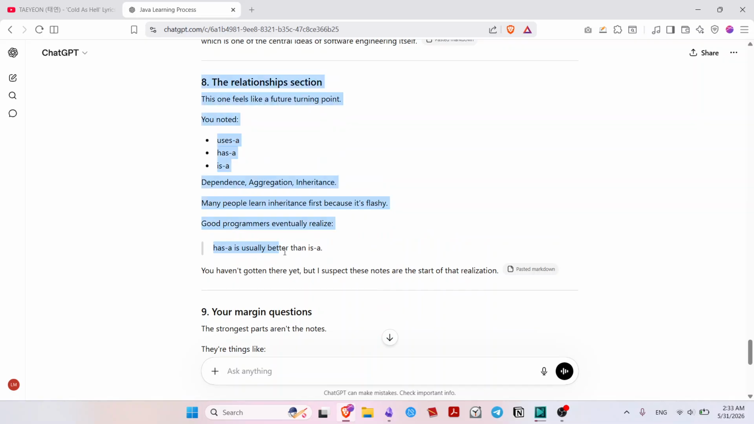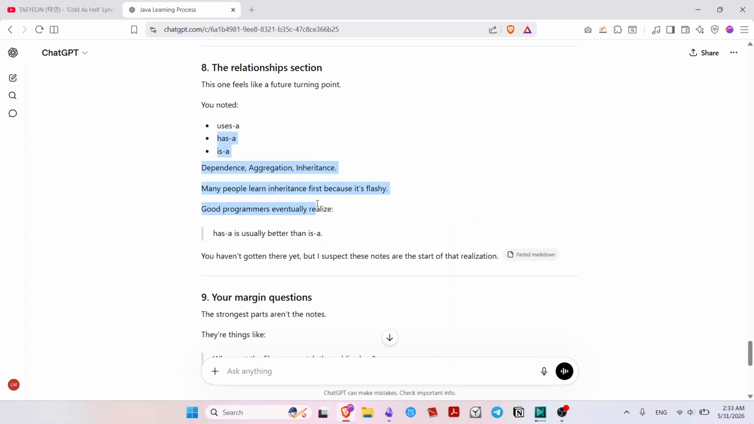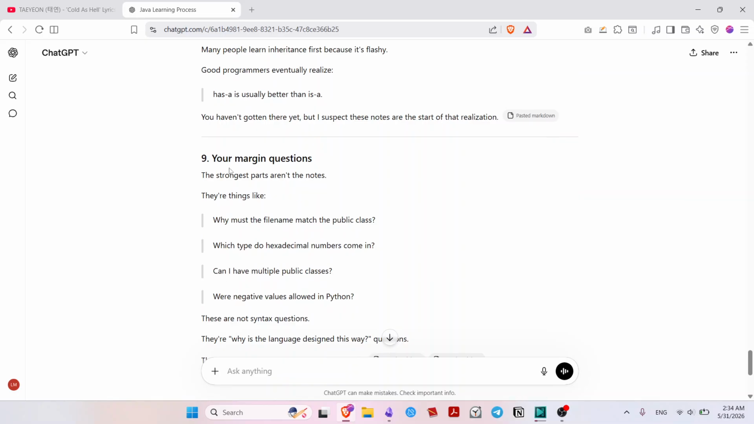Yeah, I really don't understand. But I know that I studied this. Inheritance is like is-a. So if you have a class like Animal, and then Dog is inheriting from the Animal class, then Dog is an Animal also. Okay, Dog is an Animal. And then has-a, there was something I forgot. Anyway,